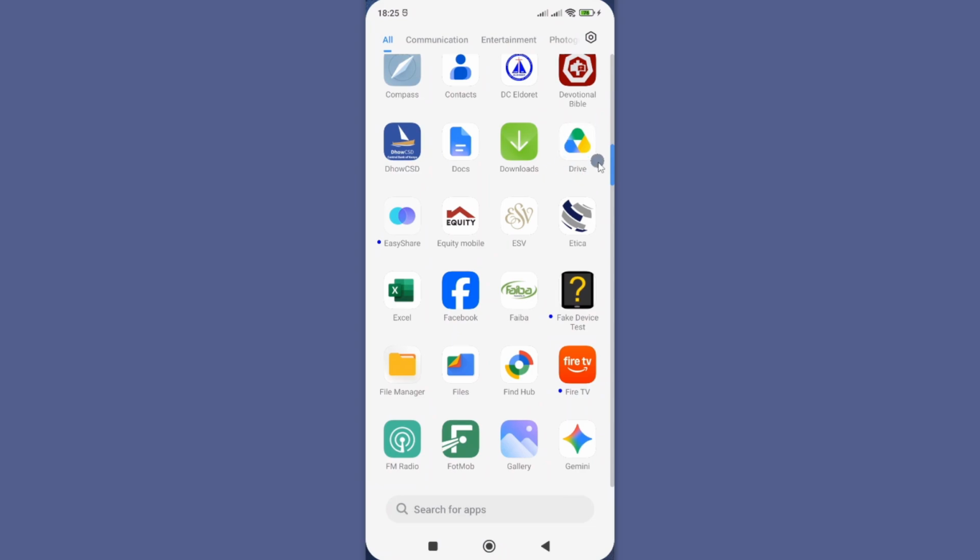In this video, I'm going to show you how you can troubleshoot the Google Drive app. If you're encountering any challenge with your app, maybe your app is not opening, it keeps on stopping, or it is too slow, or you can't use it totally, then there are quite a number of steps you can take